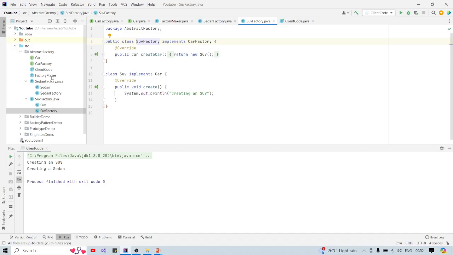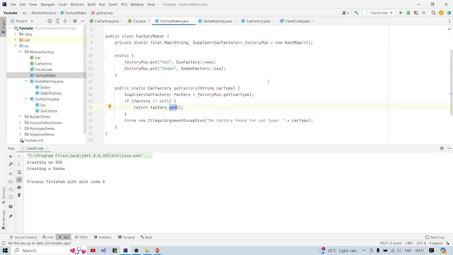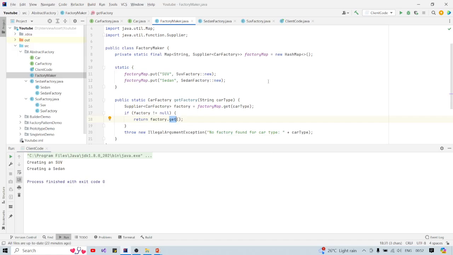And then we have factory maker. So factory maker has two important components. First is the static initialization block. This block initializes the map with the entries of SUV and sedans, as we can see here, and each is associated with a supplier that creates the representative factory. So this is our supplier here.